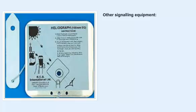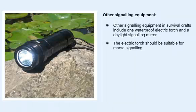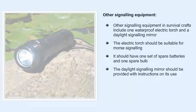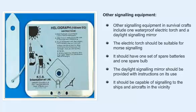Other signaling equipment. Other signaling equipment in survival crafts includes one waterproof electric torch and a daylight signaling mirror. The electric torch should be suitable for Morse signaling. It should have one set of spare batteries and one spare bulb. The daylight signaling mirror should be provided with instructions on its use. It should be capable of signaling to the ships and aircraft in the